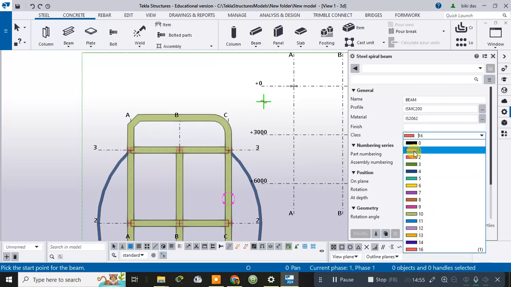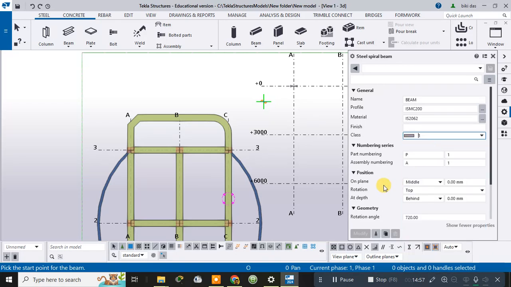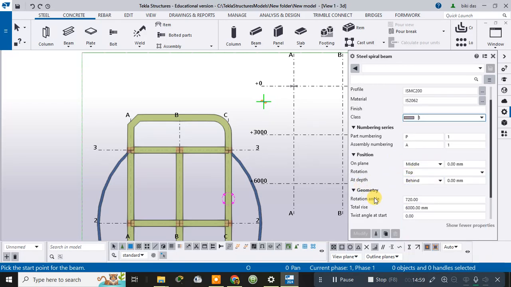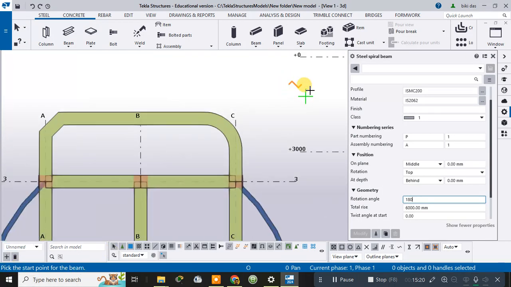Then suppose here total rise. Suppose I want the spiral beam up to the height of 6000 mm or 6 meter, and what is the rotation angle? Suppose I want the spiral beam to be rotated by only 180 degree. Okay, now what I will do is, as you can see here, it's written